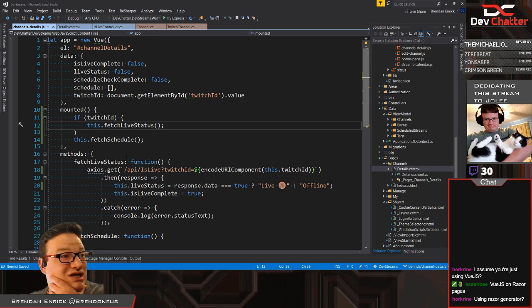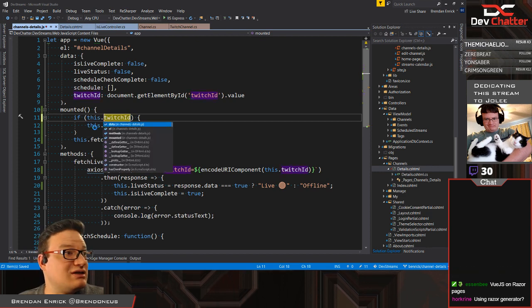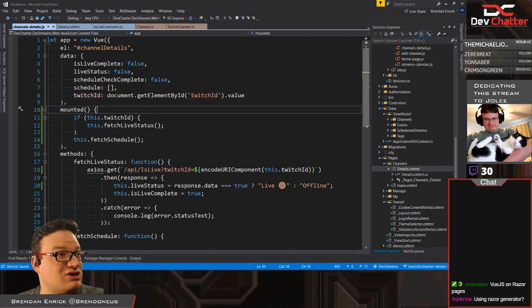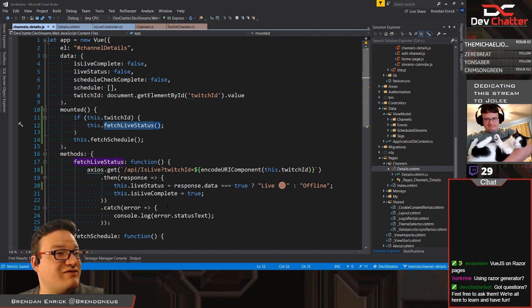So if we have the Twitch ID, whoops, it'd be this dot Twitch ID. If this dot Twitch ID, fetch the live status. And so if we have it, fetch the live status, call that with this.